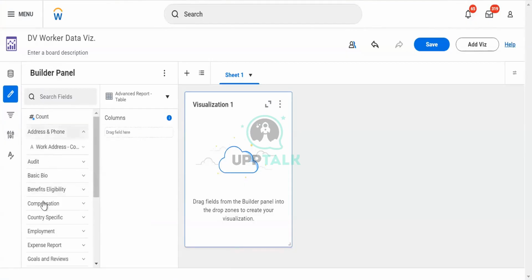What is this? This is the builder panel, and this is a column. Let's say I want to use it. I will drag and drop it over here, and I'm good to go with the visualization. Then next, we knew that in the builder panel, the left part is